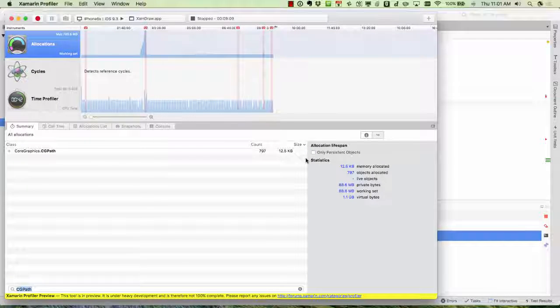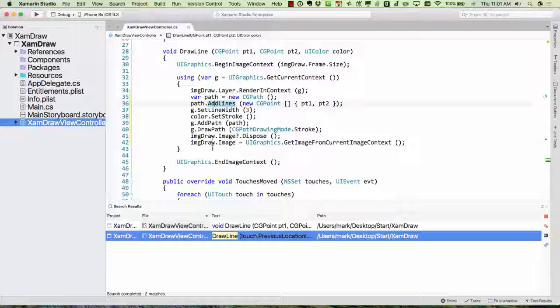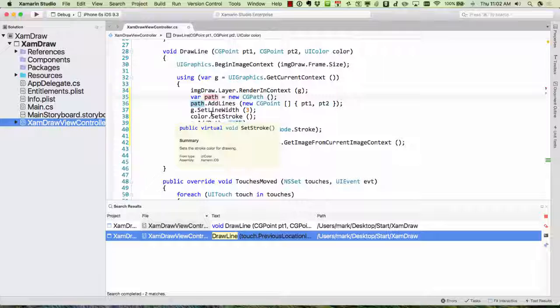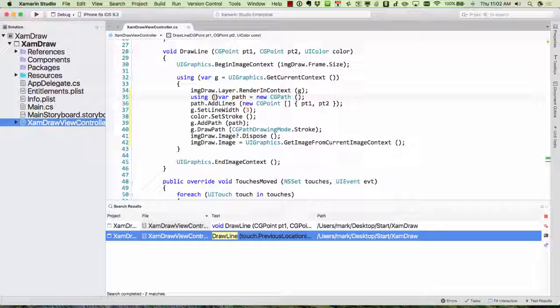If I say get rid of the only persistent objects, I can see that we actually created 797 paths over the life of this application. That again is a lot. And again, they did get cleaned up because when I check this, they're clearly not there anymore. But this is another native object that represents some amount of space on the native side, and because it's an NS object, we can get rid of it. So I'm going to do the same thing that we did on our context up there. I'm just going to wrap this in a using,